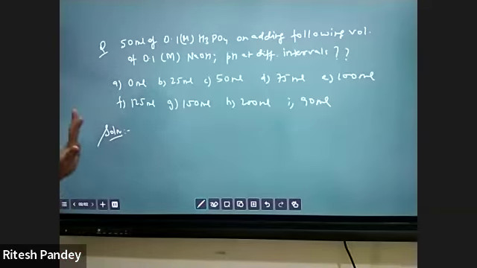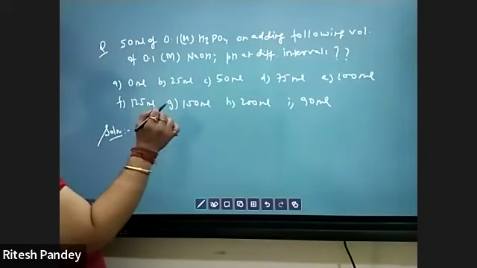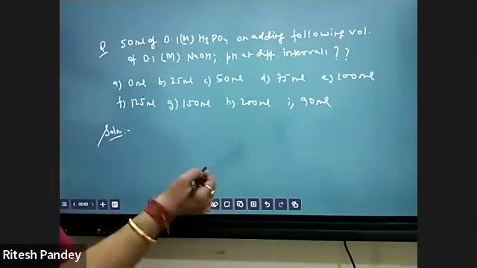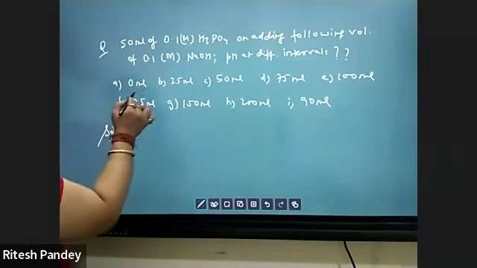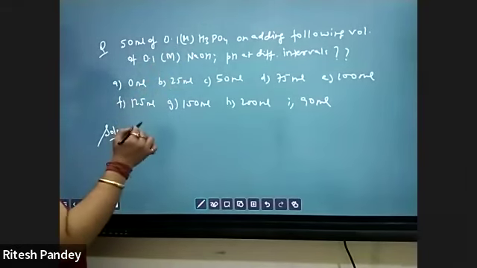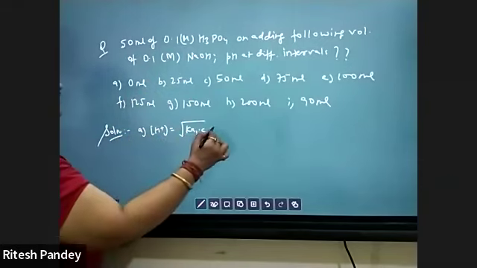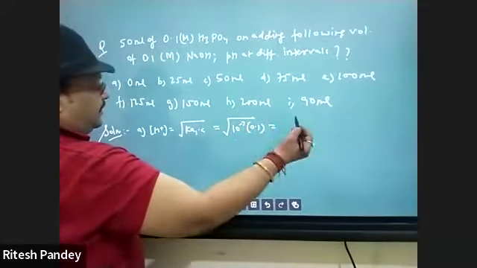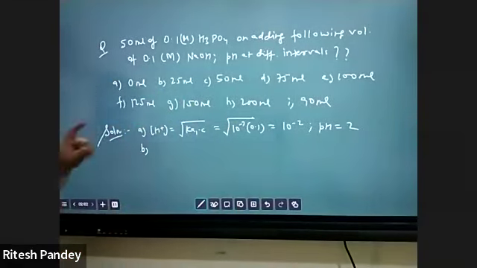This is equally important for every science student doing problems on ionic equilibrium. I love doing this because this is something which is going to make a lot of topics clear, including titration curve and buffer capacity, and a few things which I'm going to do in future as well. So phosphoric acid is 5 millimole to begin with. You add nothing of NaOH, and I think you're understanding me. To begin with, I'll want to get H plus as root over Ka1 into C, believing the values of K1, K2, K3 are exactly what I had. I'll get pH is equal to 2.2. When you add 25 ml of NaOH,